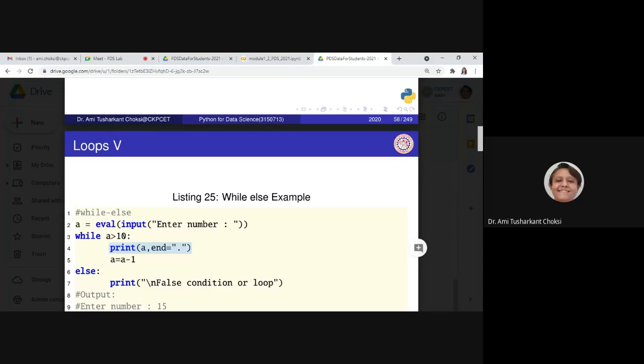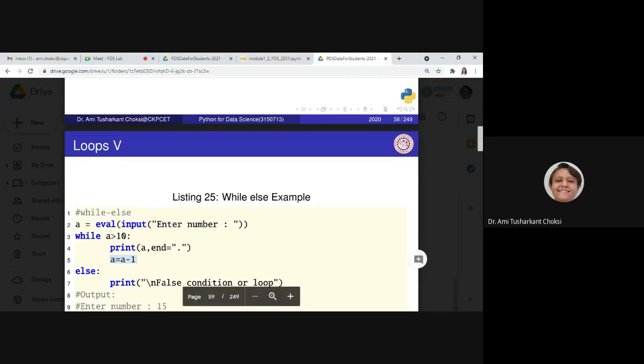That is a print statement, but its meaning we will see a bit later. Then a is equal to a minus 1. We know that with a while loop we have to provide the a plus plus or a minus minus or anything like that. That's what we have written.